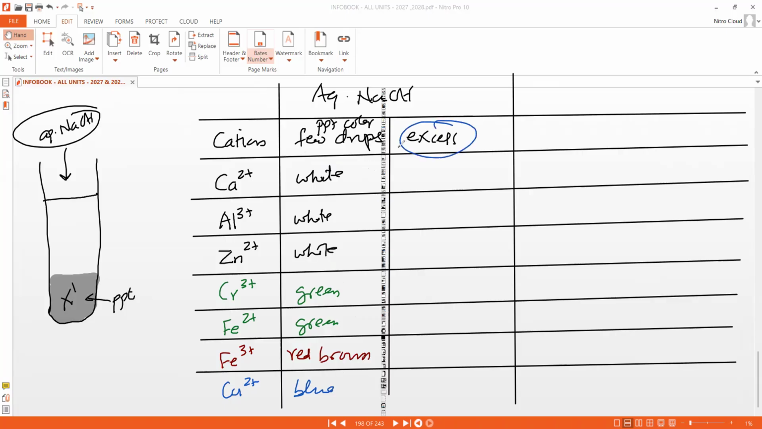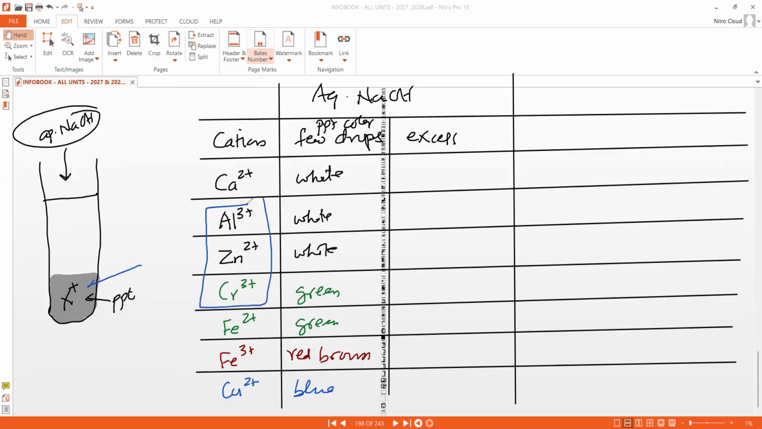What happens when you add excess of sodium hydroxide? The purpose of adding excess sodium hydroxide is to check if any of these precipitates will dissolve. The purpose is to check if any of these precipitates formed, like this precipitate formed here, is dissolving. So we just need to check that when you add excess of sodium hydroxide. So how do you remember that? Just remember that the